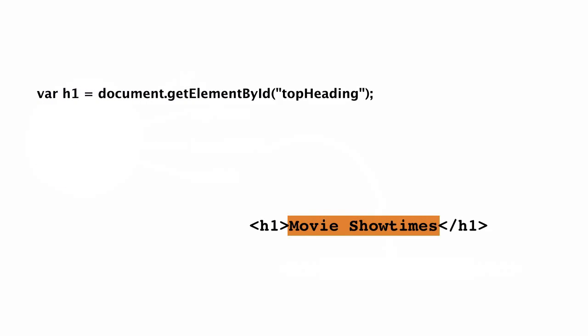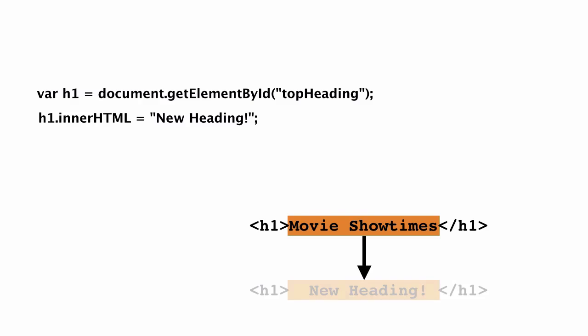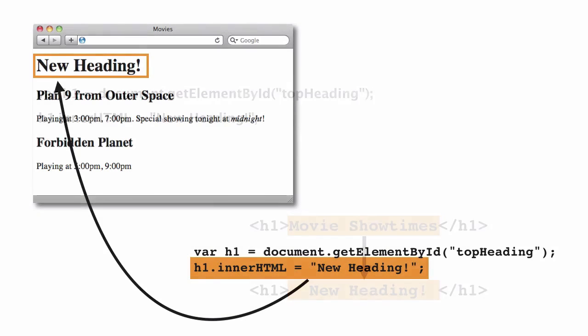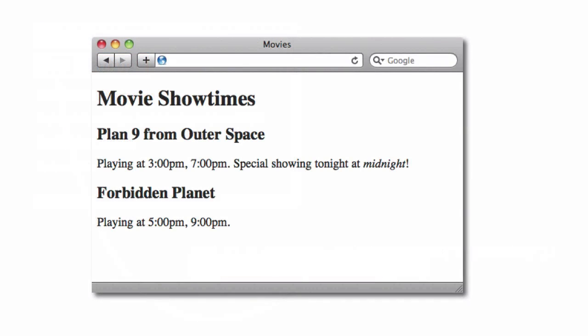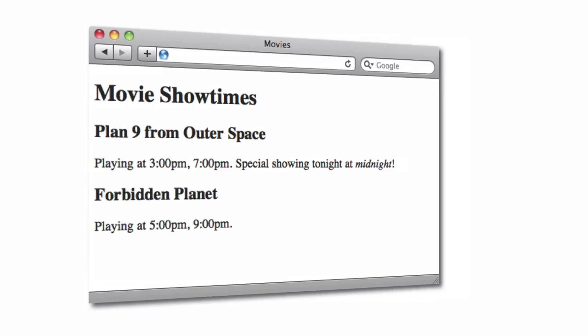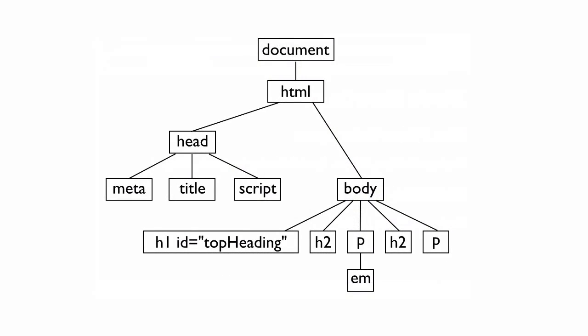Here, after I get the h1 element from the DOM using document.getElementById, I can set its innerHTML property to a new value. This changes the content of the h1 element. When you change the content of an element with JavaScript code, you'll immediately see the new value of the element in the web page. That's because when you modify an element object in the DOM, you're modifying your page. The trick to understanding this is to realize that the DOM is your page. What you write in HTML determines what objects are in the DOM, and if you modify the DOM, you modify